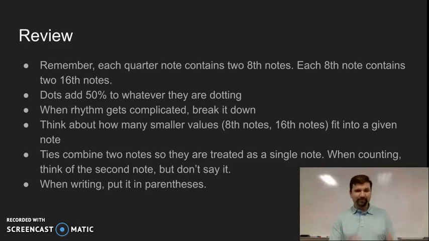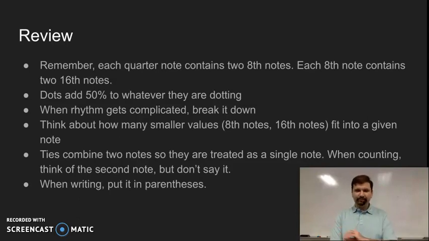So let's review all that we just covered. Each quarter note you can think of as containing two eighth notes. If I split a quarter note in half, I get two eighth notes. And each eighth note I can think of as containing two 16th notes. So there's four 16th notes in the space of every quarter note. Or for most songs, there's a quarter note for a beat, eighth notes, two per beat, and four 16th notes